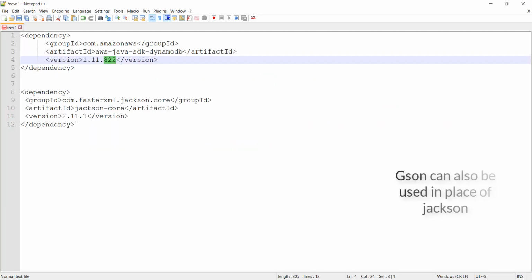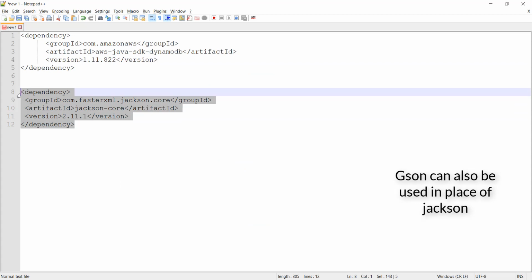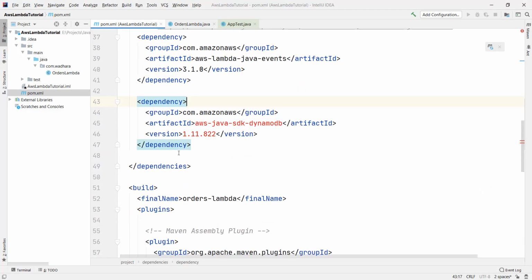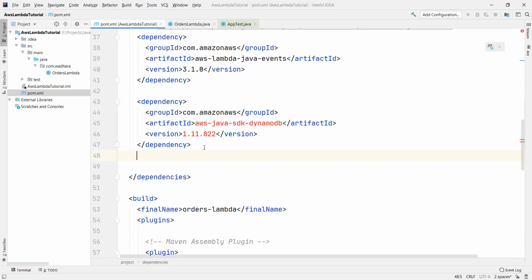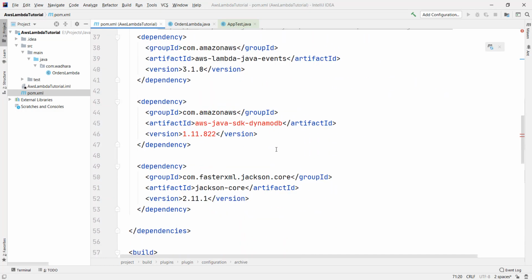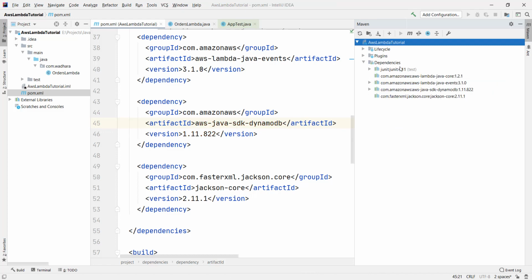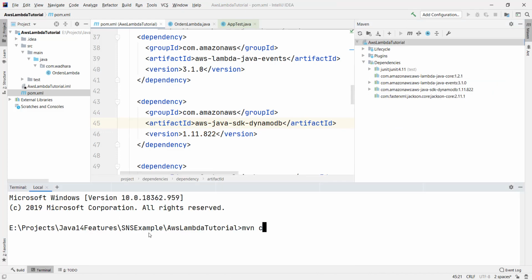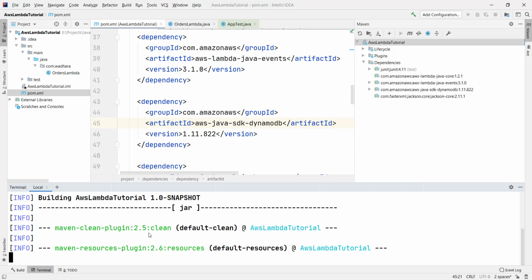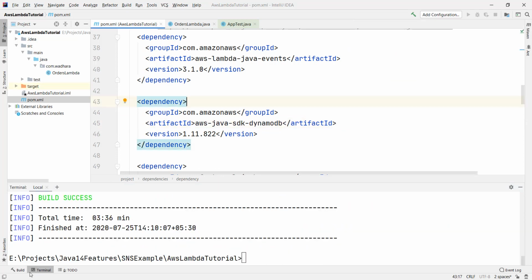For that, I need Jackson Core. So my dependency is done. Let me just go to Maven and reimport. Reimport is done. Let's build our project once. Maven build is done now.